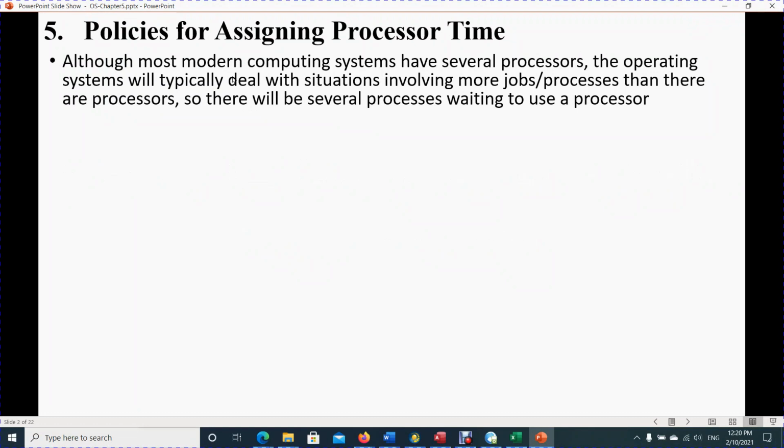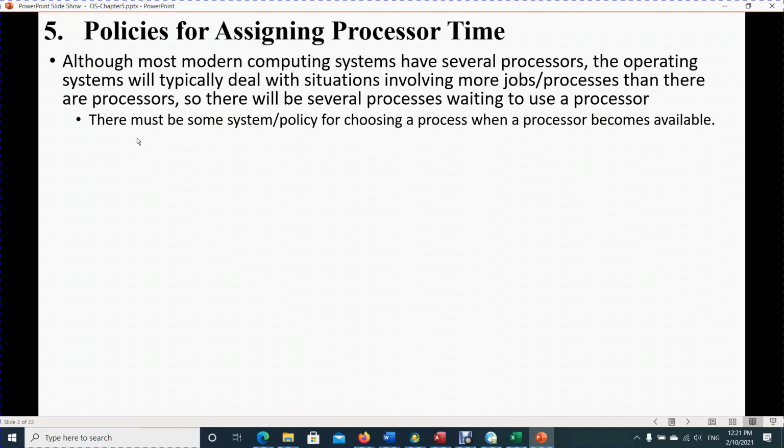Most modern computing systems have several processors, but operating systems almost always have more jobs or processes to work on than it has processors available. And so there are going to be processes waiting to use the processor. And of course, there has to be some kind of a policy for choosing processes when a new processor comes